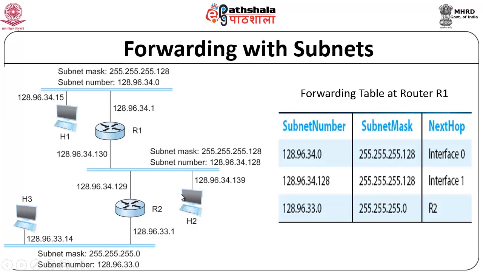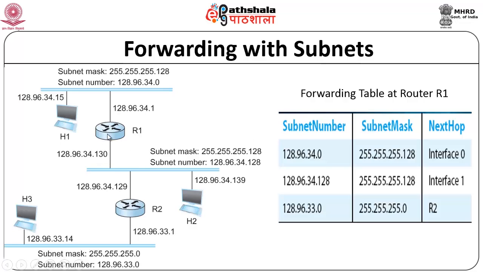Okay. So once we have the subnetting in place, how is the forwarding going to become different? You can see that the subnetting will come into play only at the edge router. As far as the rest of the routers are concerned, they will still treat it as a class A address or as a class B address. If you take a class B address, you have 16 bits for the network part of the address. So the entire network part will be treated as the network address at the core routers. But the moment we come to an edge router,